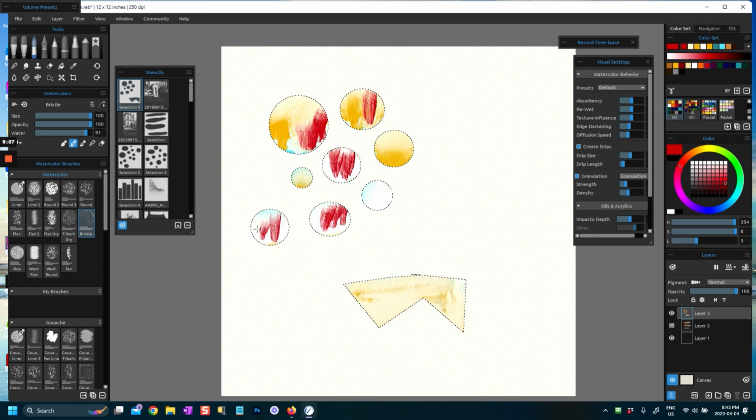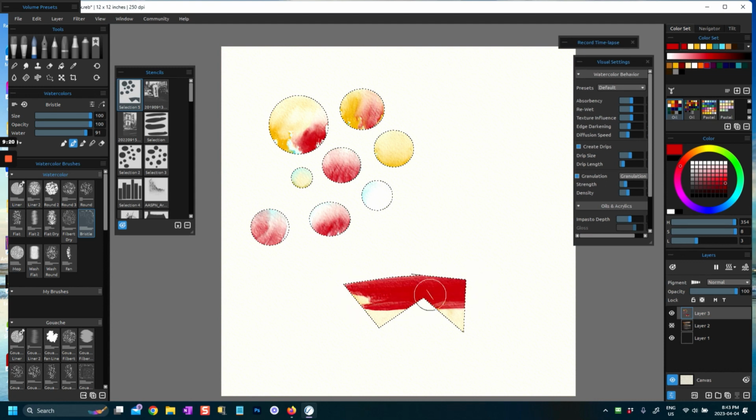Which is basically paint inside the circle. So what we've done at the moment is we've created a selection, we've added to that selection, we've made a stencil, and we've ended up with some shapes which will allow us to paint just inside the shapes. Okay, now what I'm going to do now is